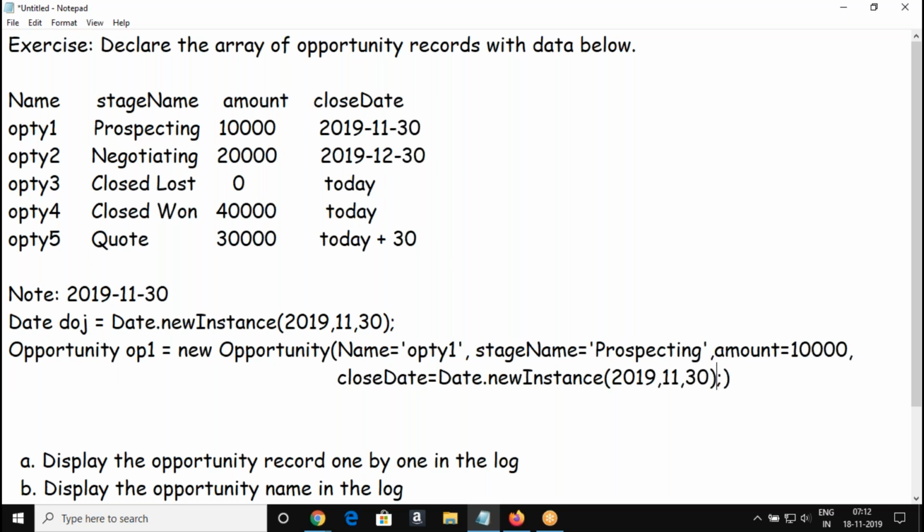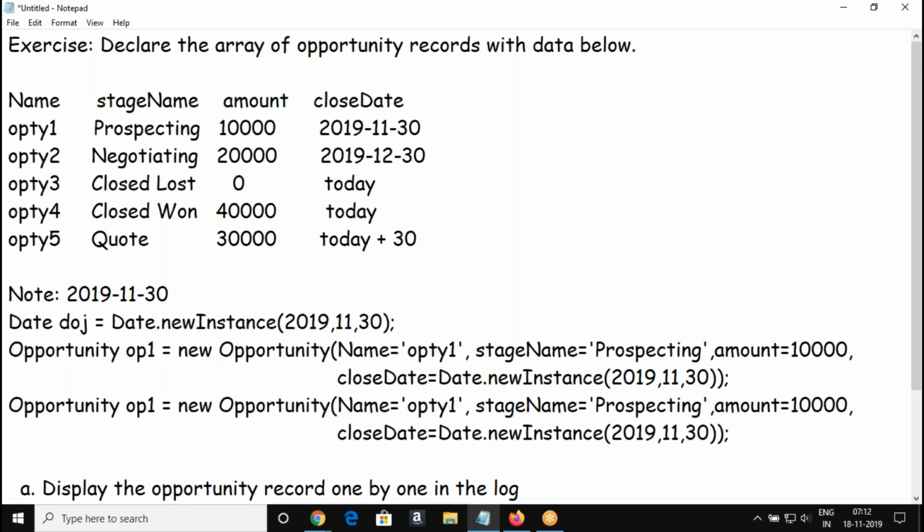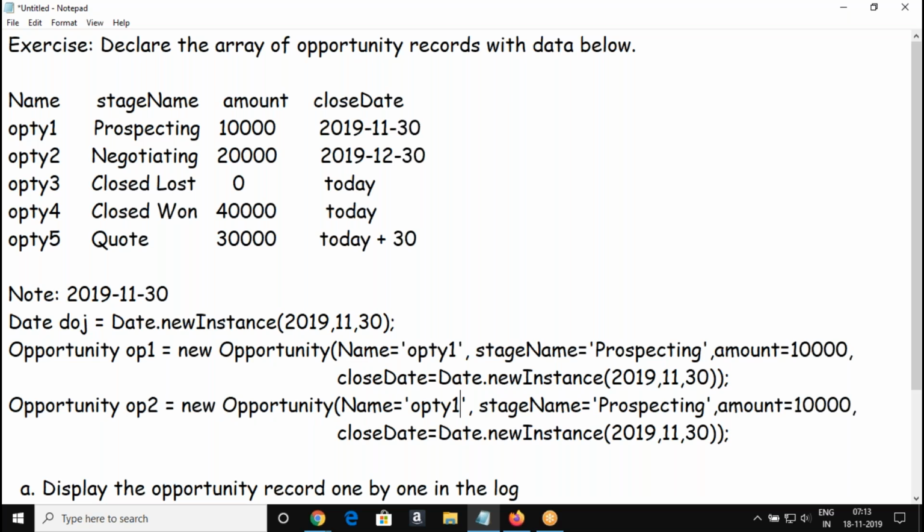We'll follow this. Similarly, opportunity 2, name of the opportunity, stage name,